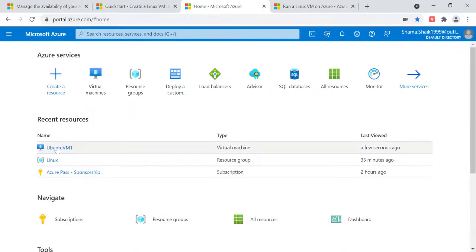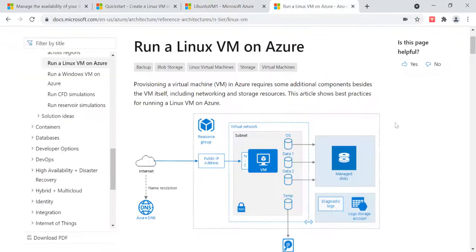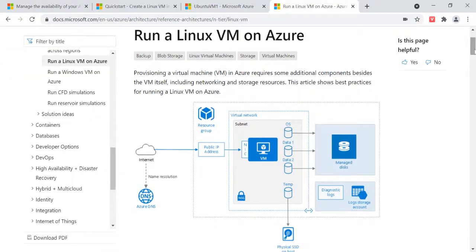Before creating a virtual machine, you have to know the things related to a virtual machine. For every virtual machine, either Windows or Linux, you will have all these properties associated with it, like additional components that will be required. Basically, a virtual machine is an infrastructure service, an IaaS service, which needs no physical servers and no hardware. You can easily create your virtual machine because Azure provides all the data centers by default. There is no need for physical things or hardware. So it is low cost, and you can create your virtual machine on your own with a few simple steps.